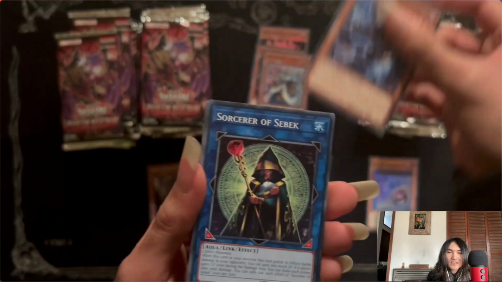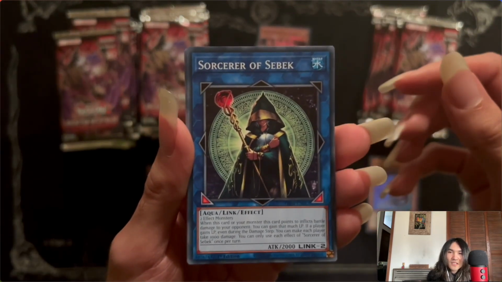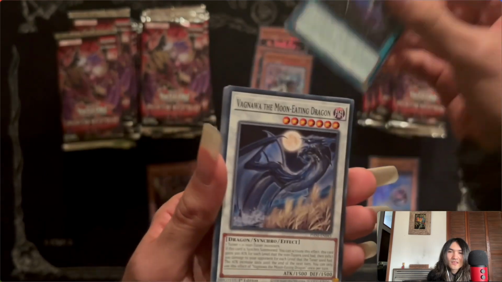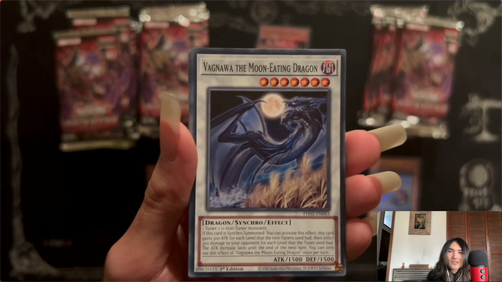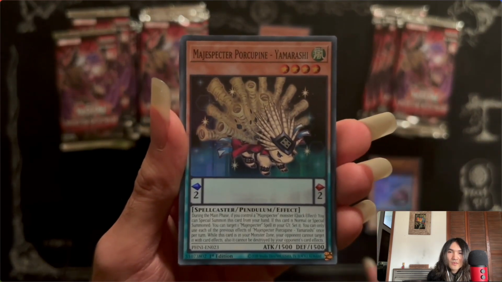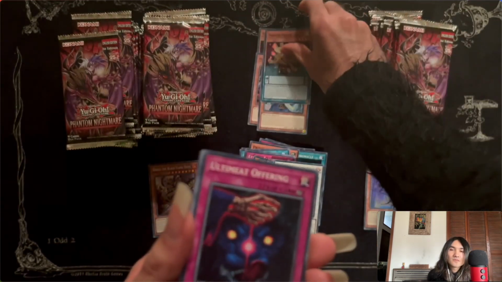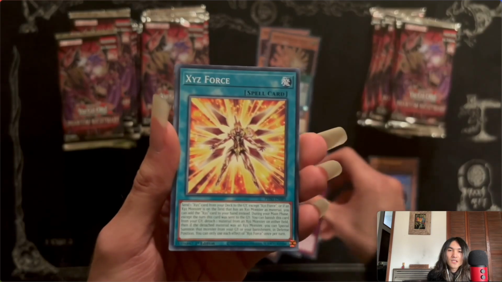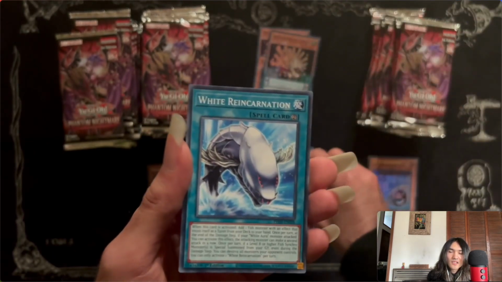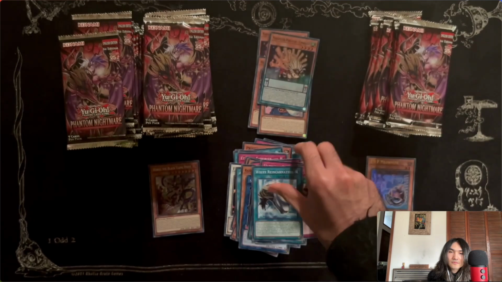Raidraptor Orlanius, Sorcerer of Sebek, Raidraptor the Roost, Van Ganagwa the Moon Eating Dragon, Van Spectre Porcupine Yamarashi, Ultimate Offering, Xyz Force, Emergency Apport, White Reincarnation,